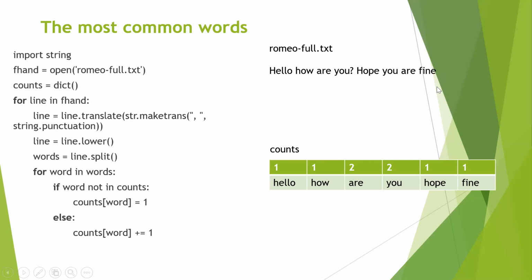Now for this, we can use tuples. How do you use a tuple? Now we know all this. You can open the file. We have seen how to open a file. I am creating an empty dictionary called counts. Now, while fetching the contents of the file, I'm saying for line in the file handle.